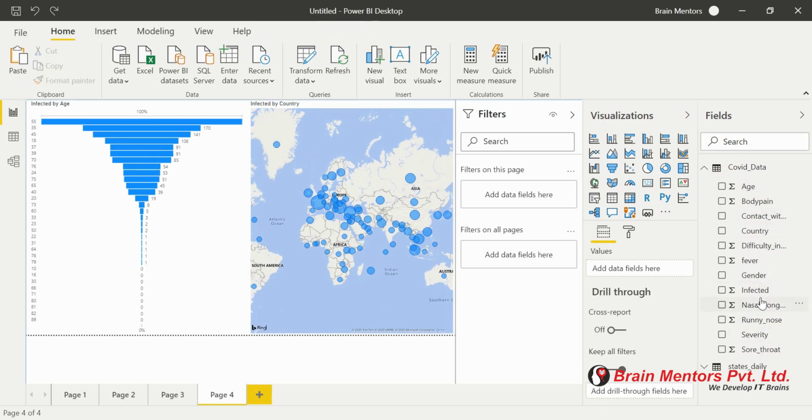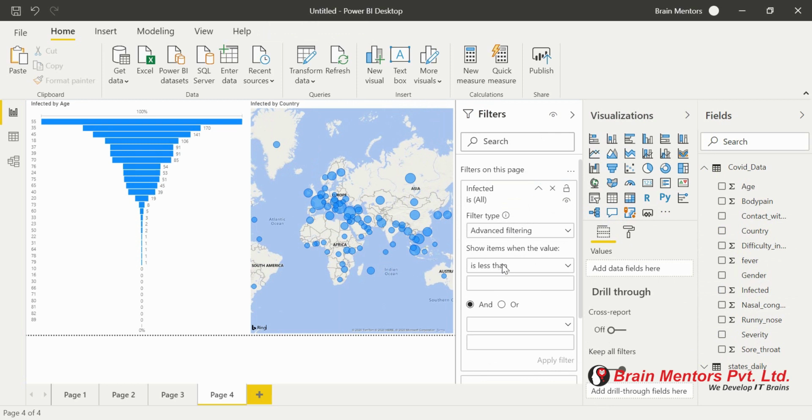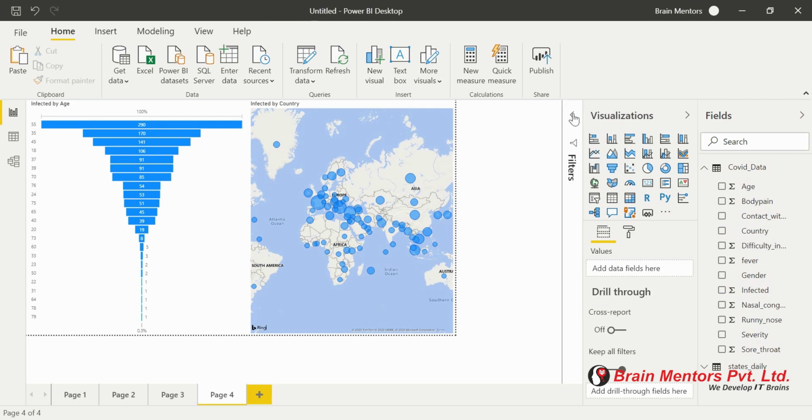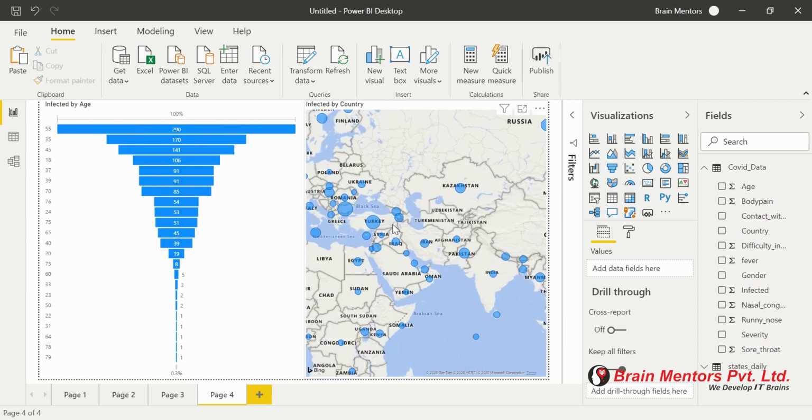So put this infected column on this page. Here I just want to see the data of those who are infected, so is equal to 1, then apply filter, and that's how we can analyze and visualize this data of patients who are infected with COVID-19. The left graph is showing you the age wise data.